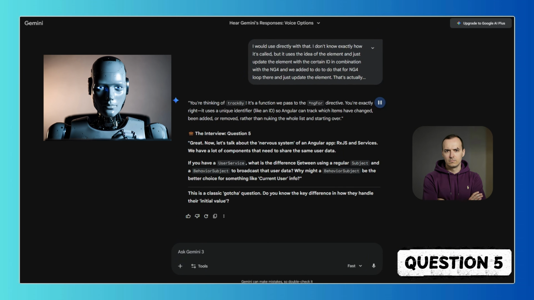Why might a behavior subject be the better choice for something like current user info? This is a classic gotcha question. Do you know the key difference in how they handle their initial value? Yes, of course. The subject doesn't need to be initialized with the initial value, while the behavior